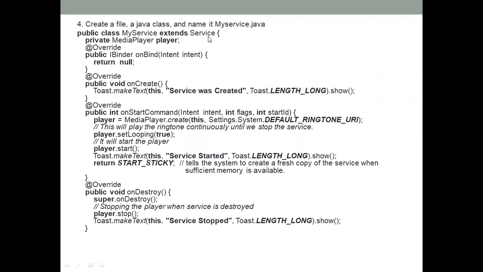extending the Service class. इसमें मैंने क्या किया, मैंने media player को use किया है. So, I am using that IBinder over here. What is that IBinder? That is the interprocess binder part over here. ठीक है, तो वो क्या करेगा interprocess binder,